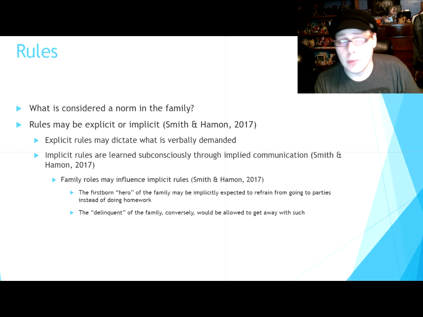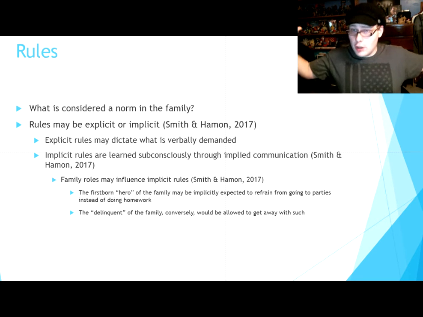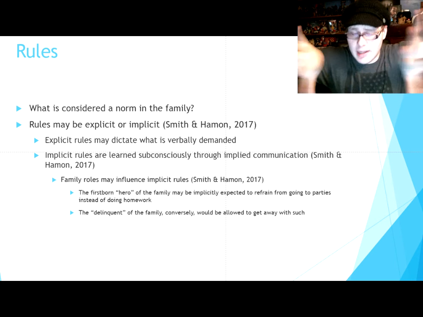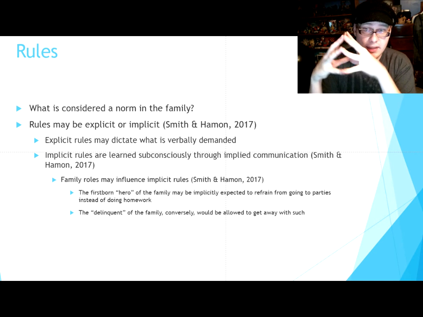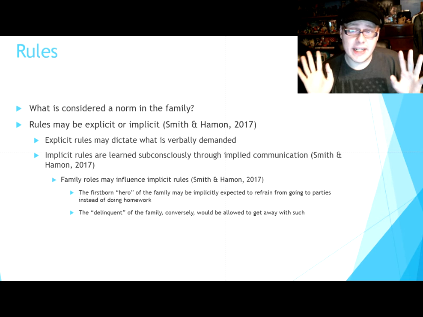And on the topic of rules, we have what is considered a norm in the family. They have their own little biodome, so to speak, of rules. This is the family within a larger community. Just disregarding all of that around it, you have the family. They have their own little set of rules. They do this and that in their own personal backstage view.